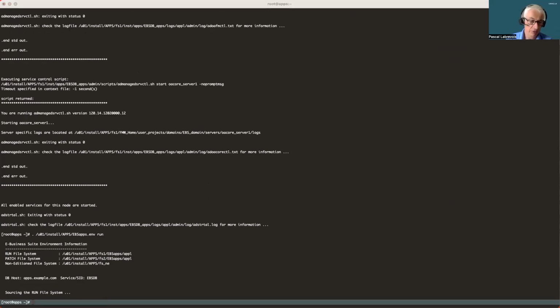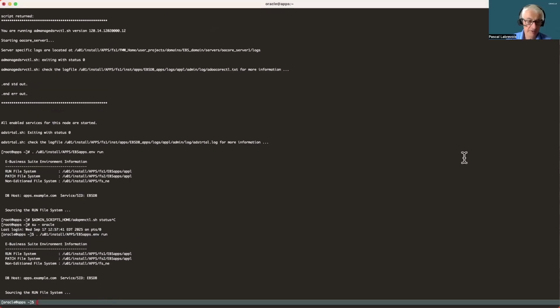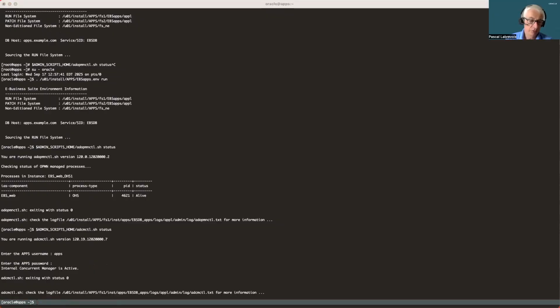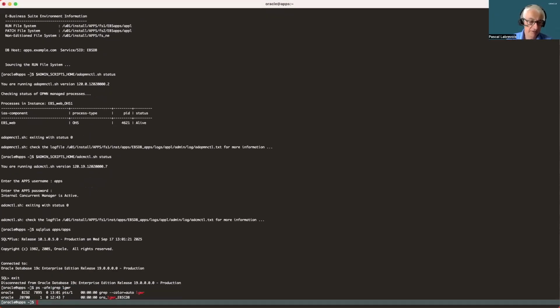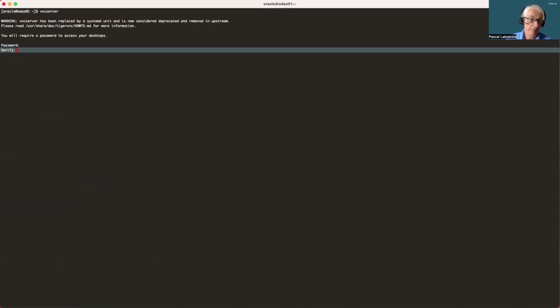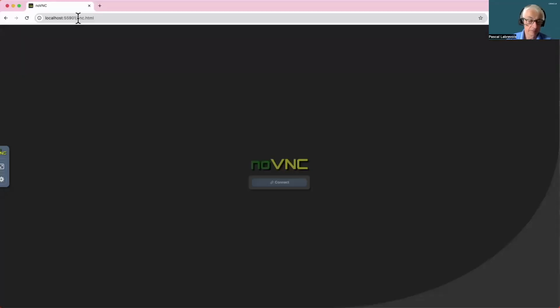I'm going to do a quick check. I'm checking the Apache server, and the concurrent managers that are running. Checking the database connectivity, the database processes are running. I can start the VNC server so that I can access the desktop via VNC.